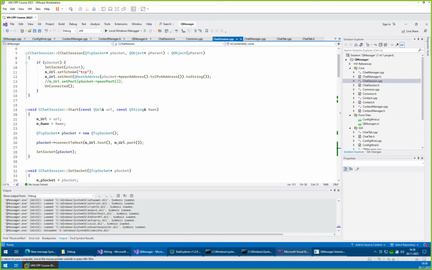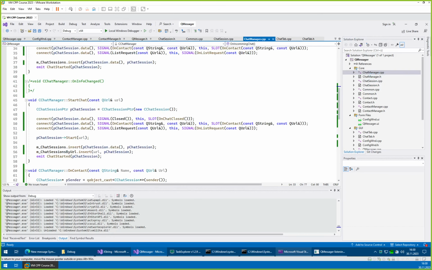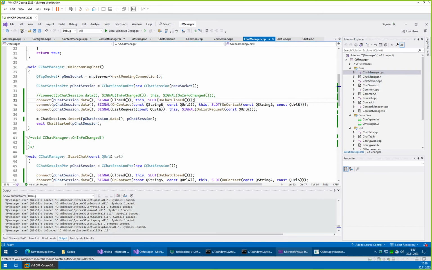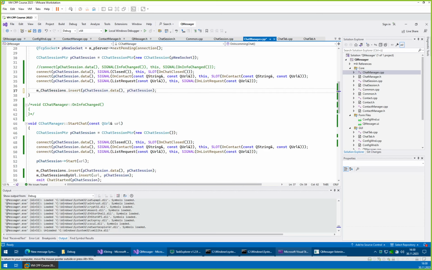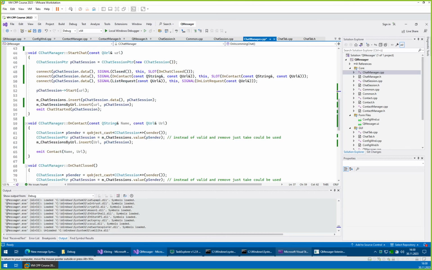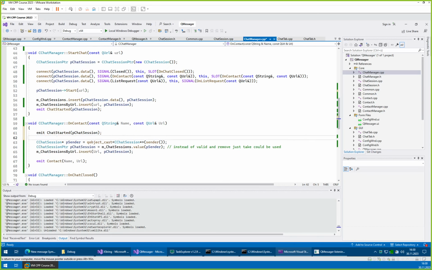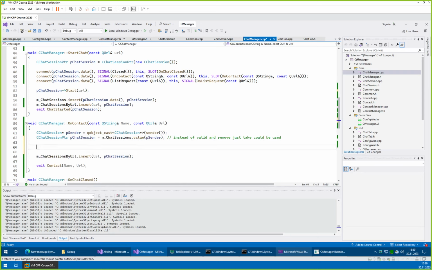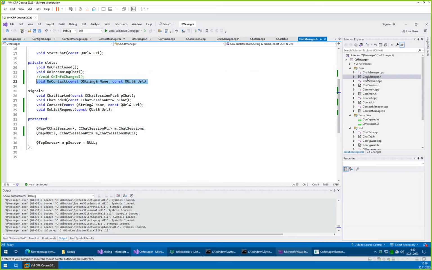First thing we will need to change is in our chat manager. When we get an incoming connection, here we already emit this chat started, and we add the session here. So first thing is the chat started will be removed, and we will probably repurpose this on contact event. That sounds reasonable. So we will maybe rename this on contact event to